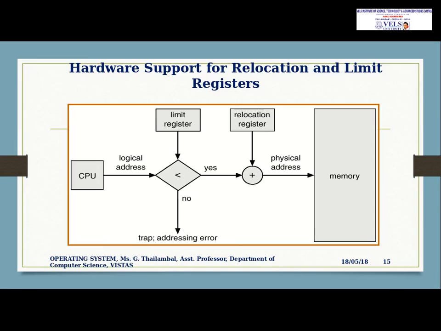My program is residing in a particular location. Take it as an example, 14,000. So 14,000 will be in the relocation register, but I want the third line, so 14,003. You add the relocation register value with the logical address. So at the 14,003 location I have my third line of instruction, and that will be fetched from the memory. This is how the hardware works for accessing a particular line of instructions and data which is